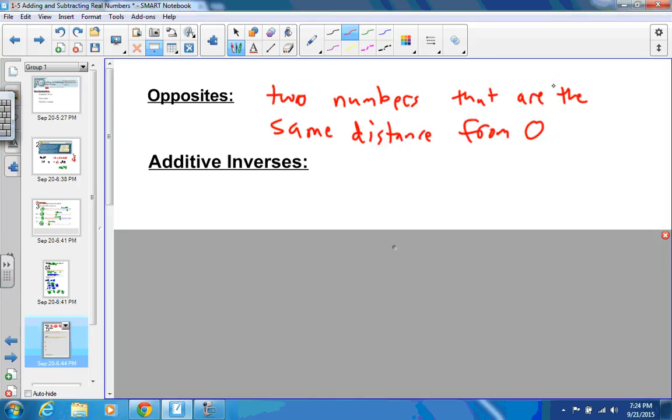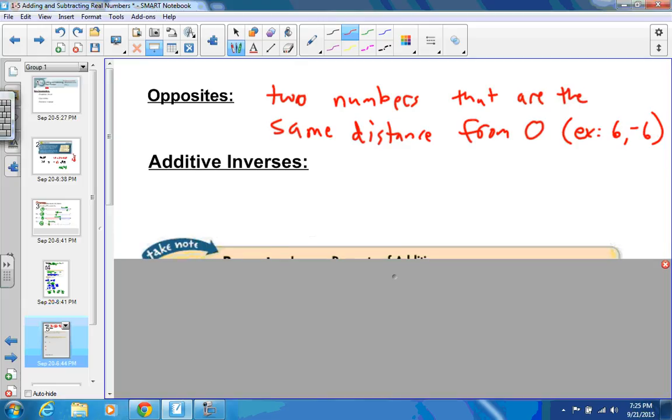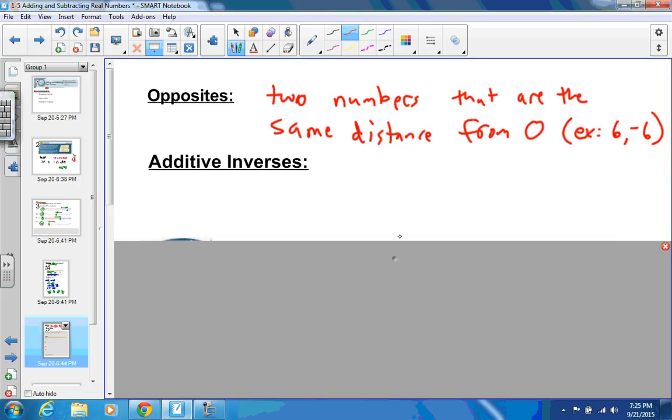So basically what I'm saying is if they have the same absolute value, but let's say for an example, you have 6 and negative 6. Same, they're both 6 spots away from 0. One is positive and one is negative. Now additive inverses, just the other thing to note about this is that opposites,